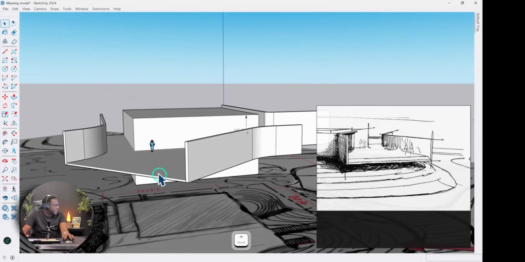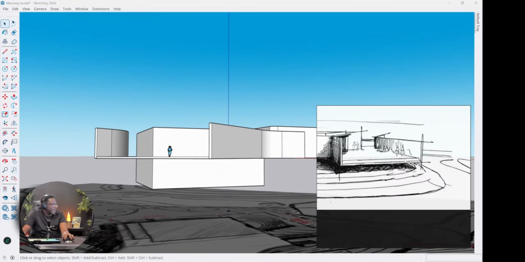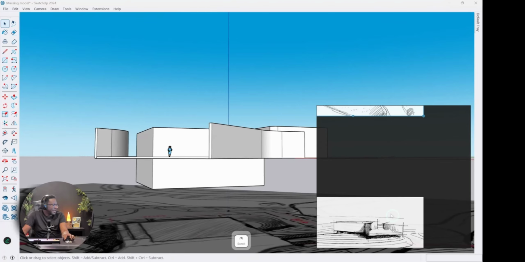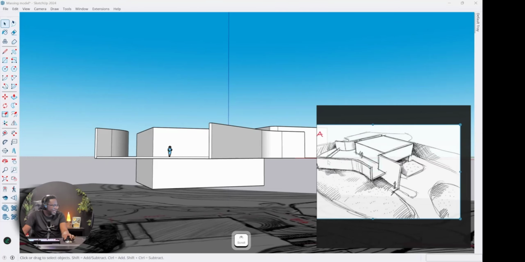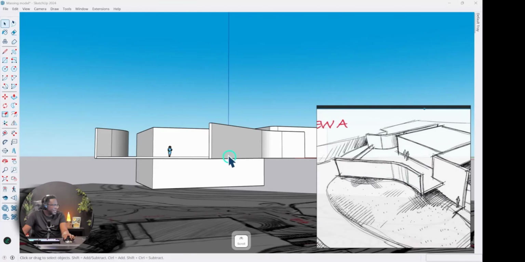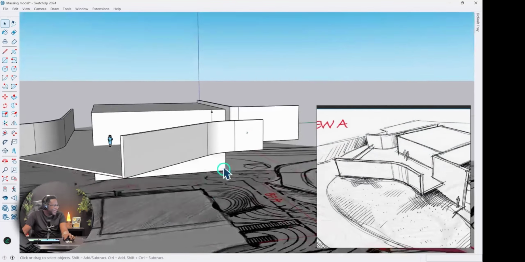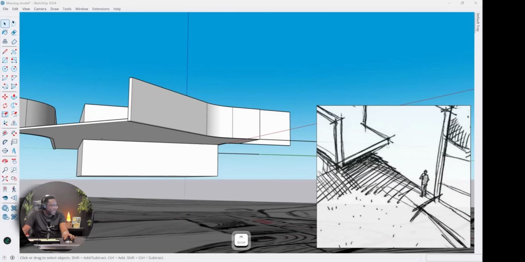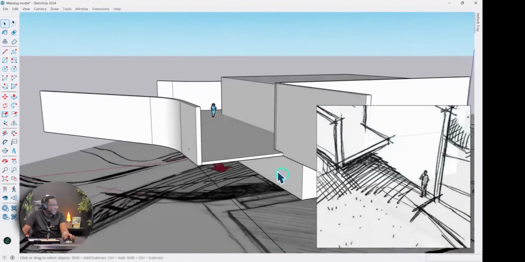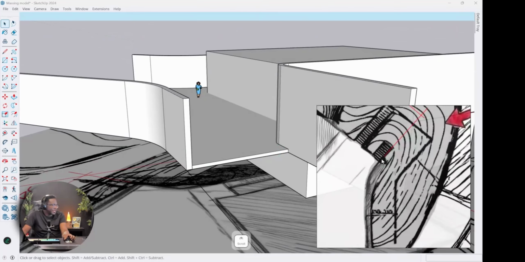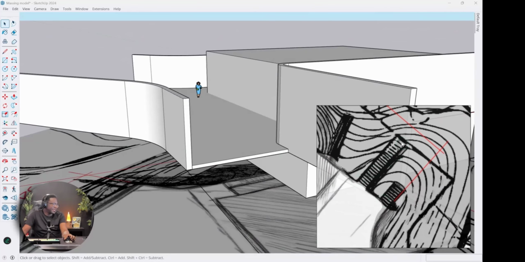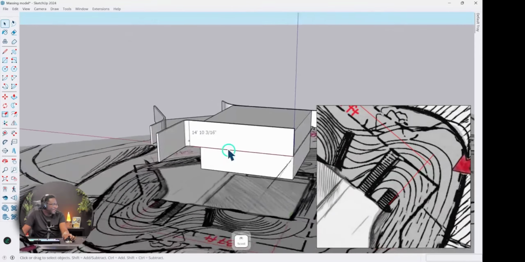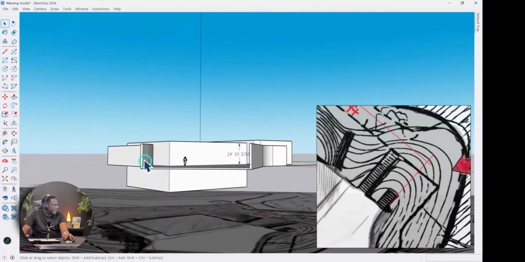And this wall floats, so we can see it floating there. And we don't know what's happening on this side. Actually, yes, that's this side here. So this side is this side here, and all of this seems to be floating above the ground. But there's a noticeable height difference between here and here. If we look on the sketch, this is where we have these steps. That's going to be here. But pretty much this is what we have here.